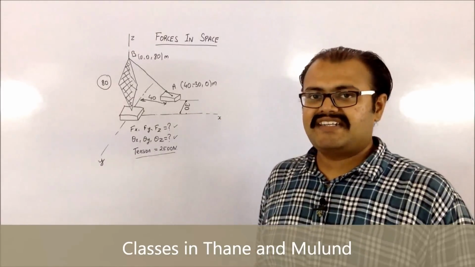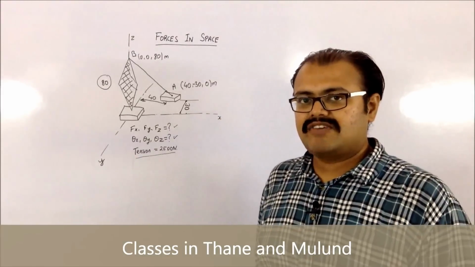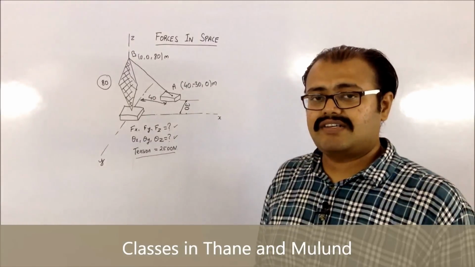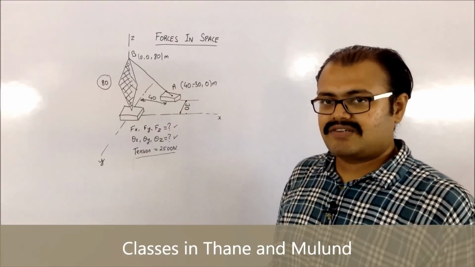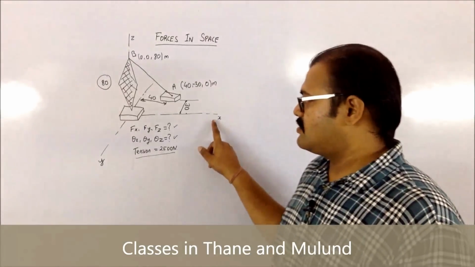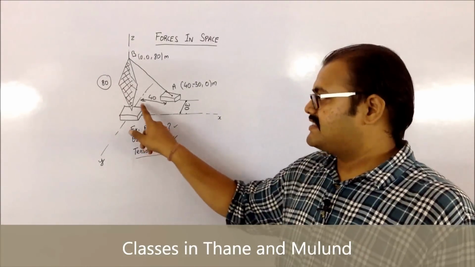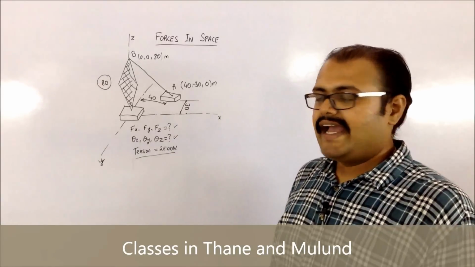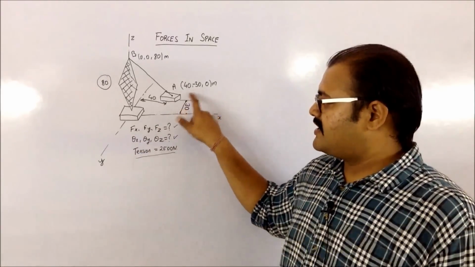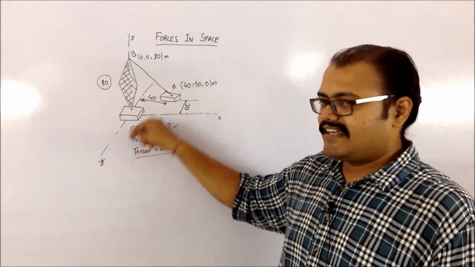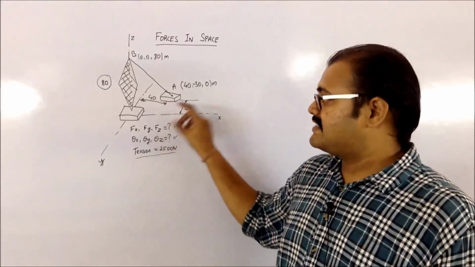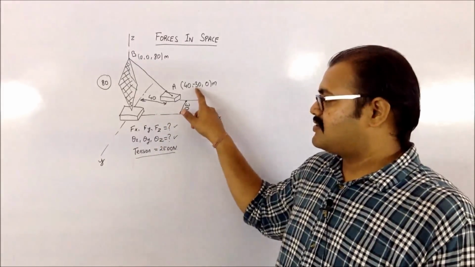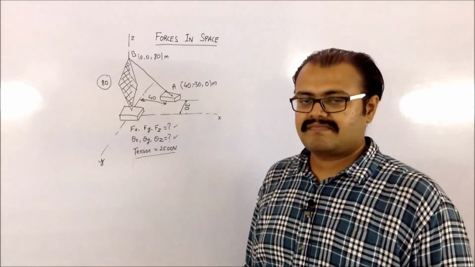Now my point A is lying on the xy plane, so it is going to have a 0 as its z coordinate. To find the x coordinate, you require to go for the distance along x. So that's going to be 40 over here. And then for the y coordinate, you require to understand that y is in this direction and the distance is given behind it. So basically it's going to be minus 30.